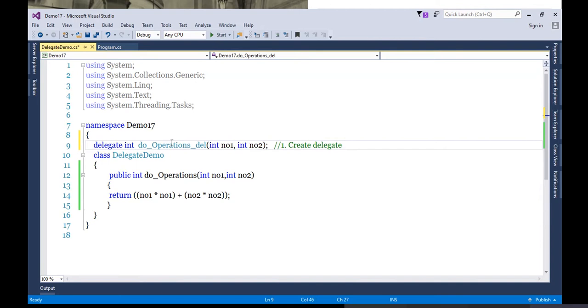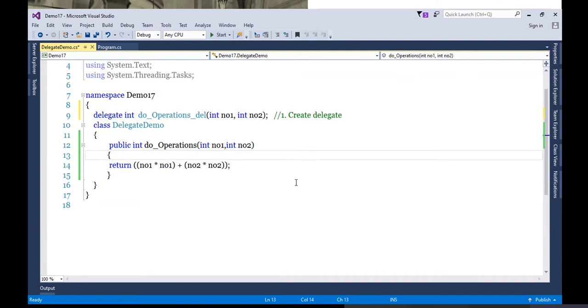So this is step number one, and the step is create delegate. So we created the delegate, and definitely this delegate will be working for the DoOperations method. Why so? Because when I constructed the delegate, I gave the same return type and same signature. Okay, so we prepared a delegate.